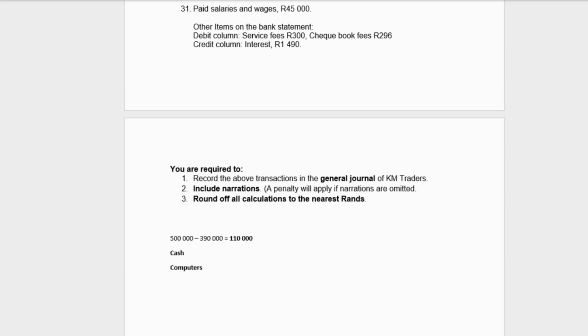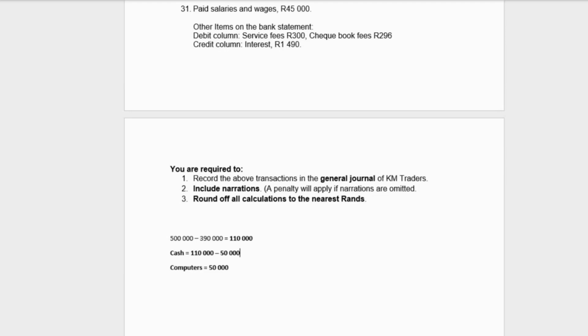There is cash and computers. Computers, they said, is 50,000, right? So how much was cash? To calculate cash, we take the capital of 110,000 and subtract 50,000 of computers to check how much was contributed as cash. So it's going to be less 50,000. On my calculator, less 50,000 for computers, I get 60,000. So cash was 60,000, and equipment, which are computers, was